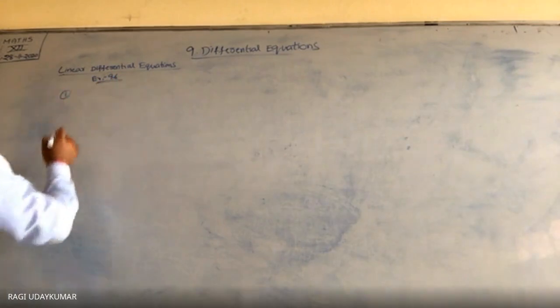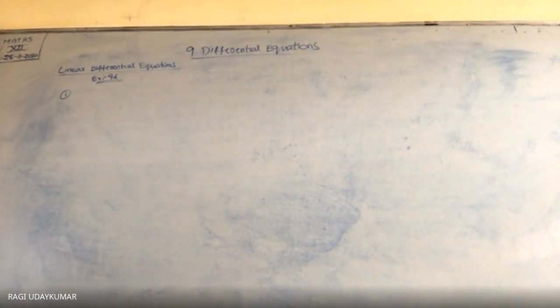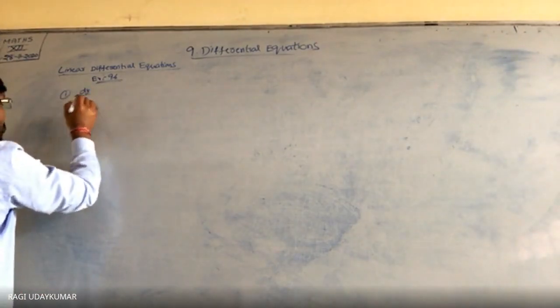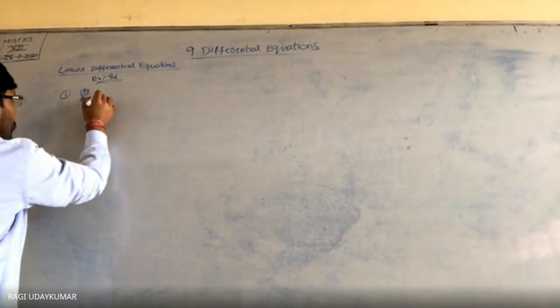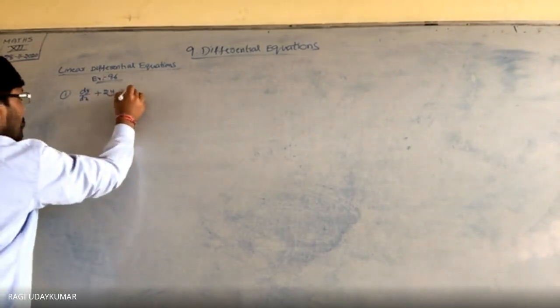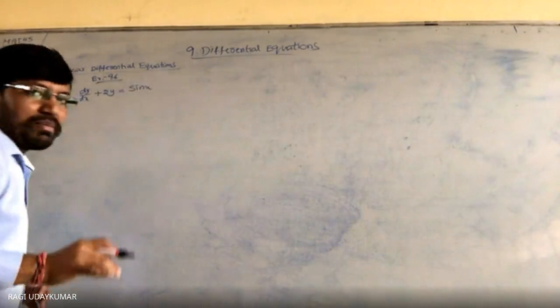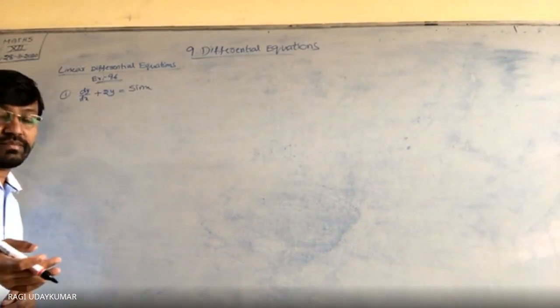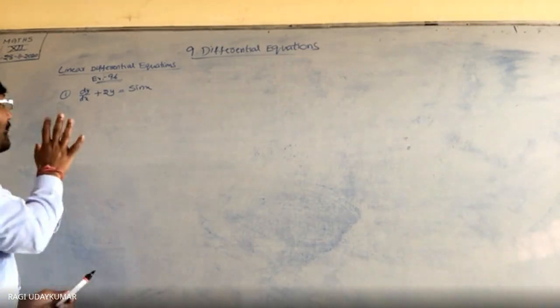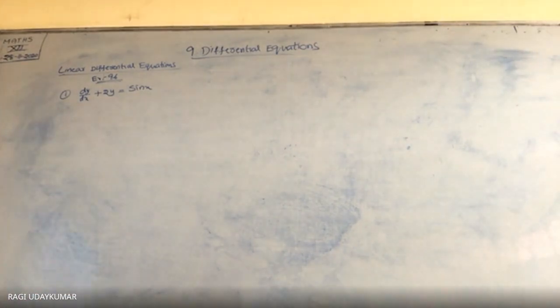All the models are similar models only. Again you need to know the integration only at last. So the given differential equation forms may be different: dy by dx plus 2 into y is equals to sin x. Sometimes the questions may be given as dx by dy, but those problems are deleted from your syllabus. So don't worry about that. Only dy by dx problems you need to take into consideration.